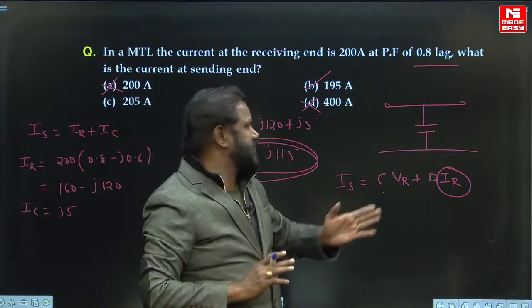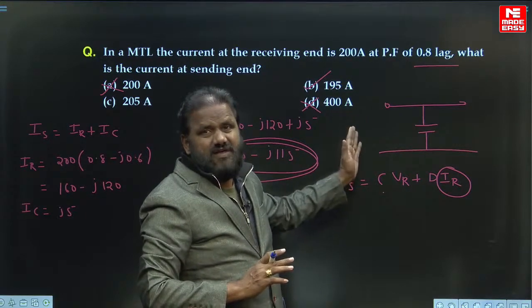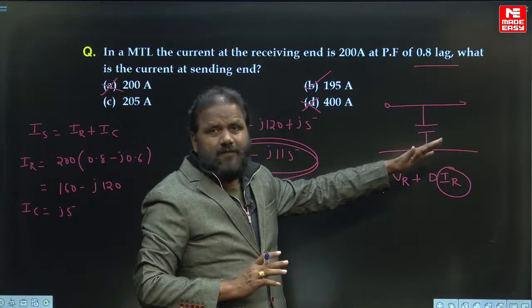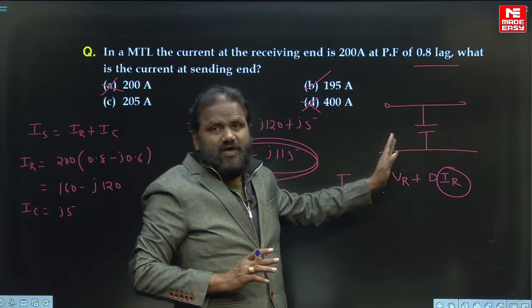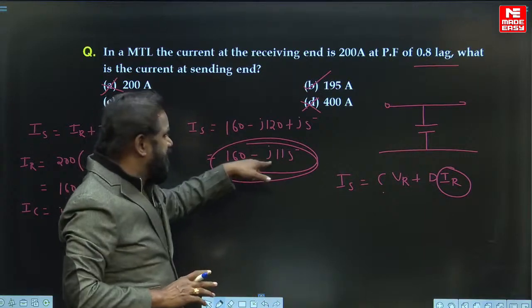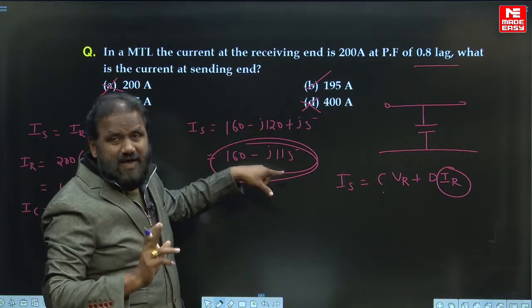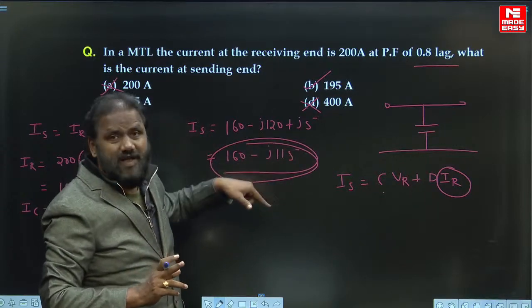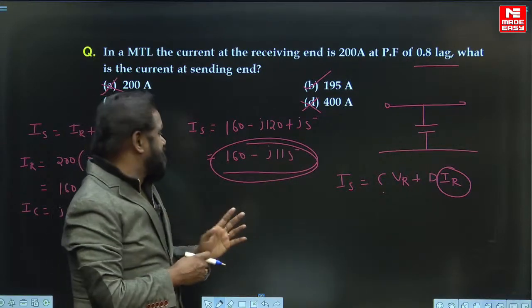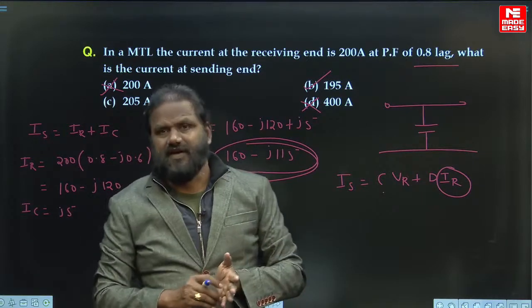That is the reason the reactive magnetizing component is lesser, because some of it is compensated by the line capacitance. So the sending end current is found to be less than the receiving end current